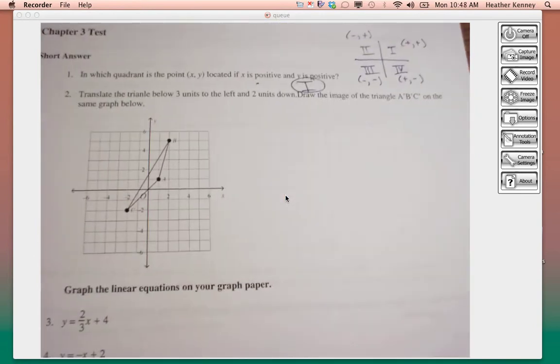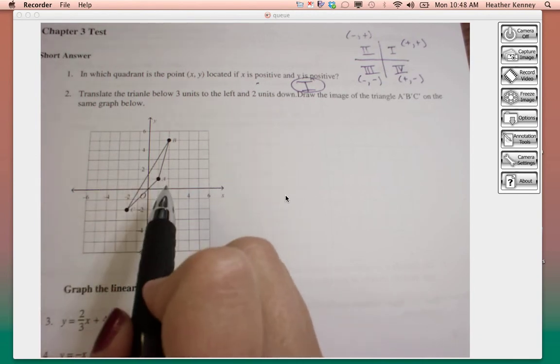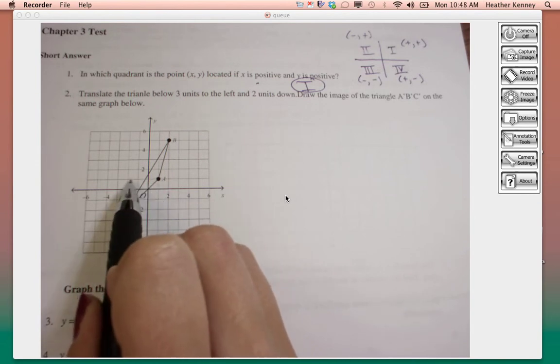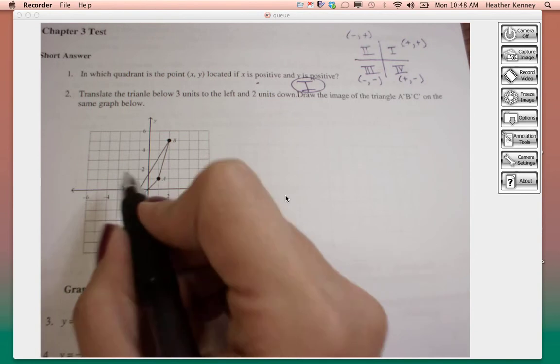The next question: translate the triangle below 3 units to the left and 2 units down. Draw the image of triangle A prime, B prime, C prime on the same graph below. All we had to do here, it didn't even ask for the coordinates. All they wanted you to do was take each point. So we start with A, count 1, 2, 3 to the left and down 2, and we call that point